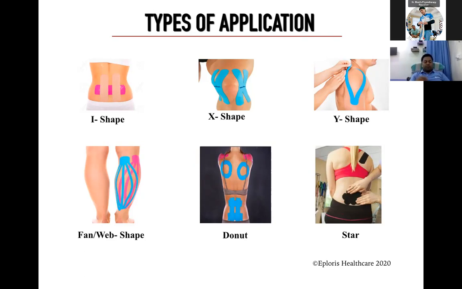So what happens is, whenever we apply one tape, then another tape over that, and another tape, it starts pulling, giving more and more decompressing effect. That decompressing effect is the one I was talking about, the formation of the convolutions. How does the formation of convolutions happen? When we apply the tape by stretching it on the skin, once we release it, it forms the convolutions, that is creases. And those creases are what we call decompression. What does it do? It lifts up the skin and the fascia there.